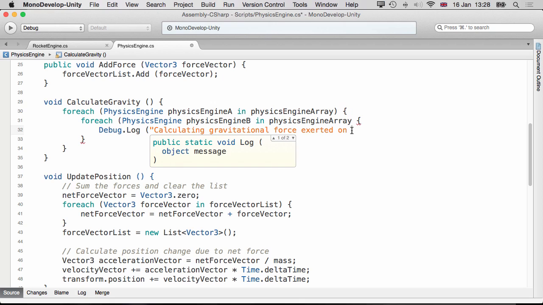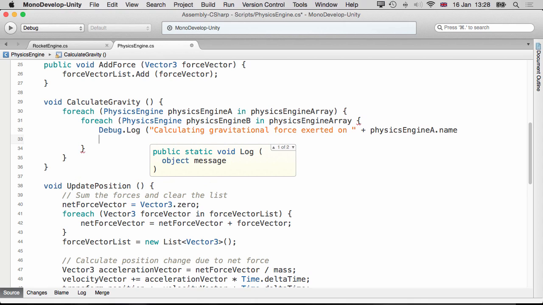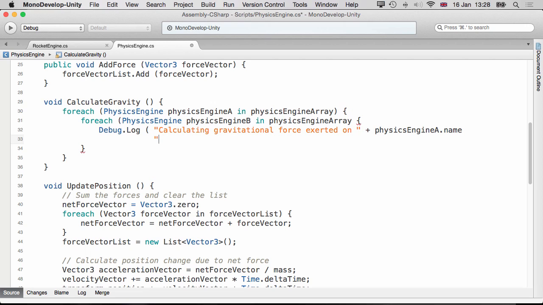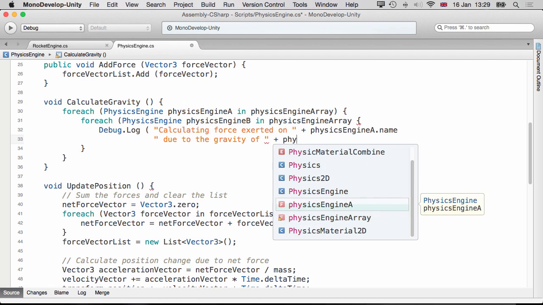and then let's give this thing a name. So let's pick the name off the object, which is physics engine A.name, and then let's just go on to another line. I'm going to indent the start of my string so that this looks very readable. Calculating the gravitational force on physics engine object A, space due to the gravity of, so we don't need gravity twice, and then a space, and then let's put out the name of physics